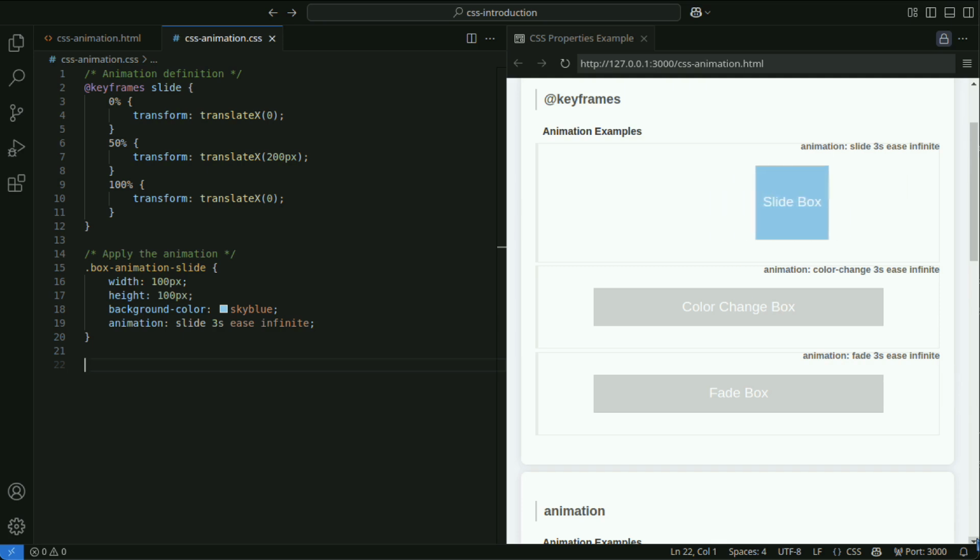In the box-animation-slide class, the animation property is used to apply the slide animation at 3-second intervals.